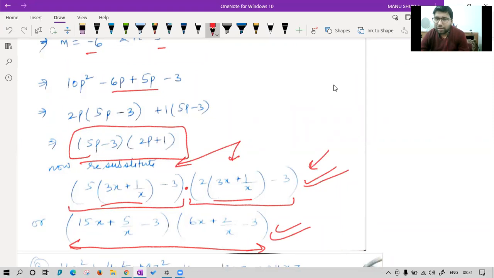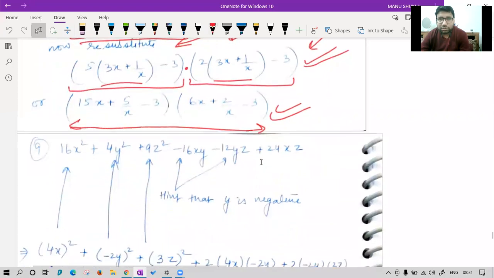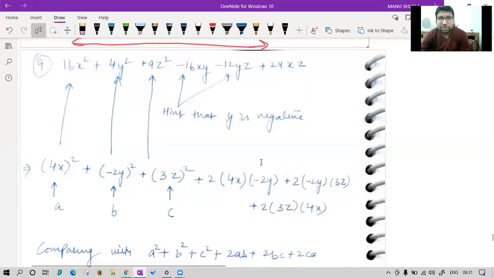I hope just after looking at the solution you were able to understand how these kinds of questions can be solved. Yes, class? I hope just by looking at these hints you were able to understand the way to solve them. Yes, sir. Doubt. Utkarsh, which question, beta? Shall I unmute you? One second, Utkarsh.